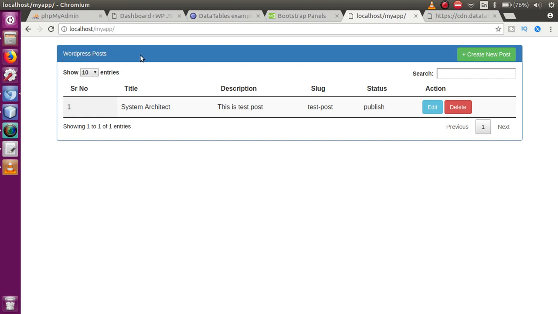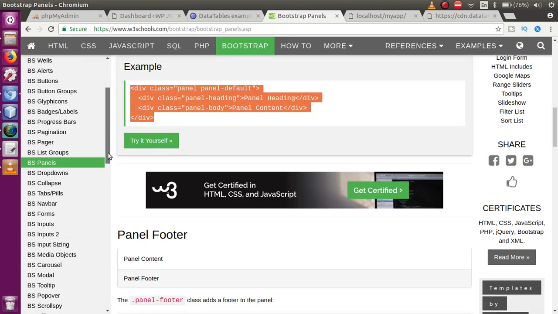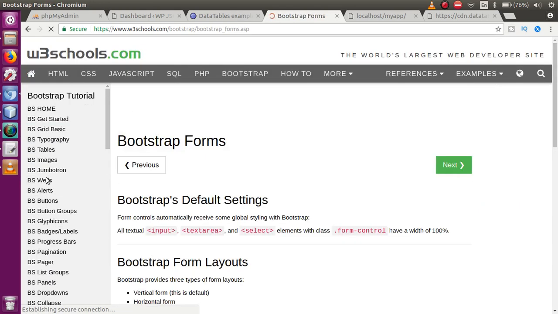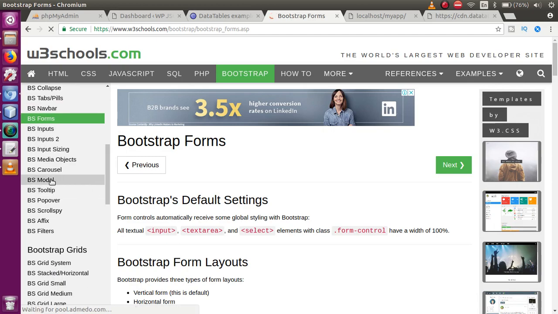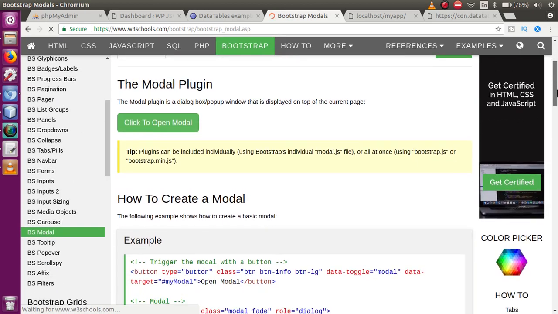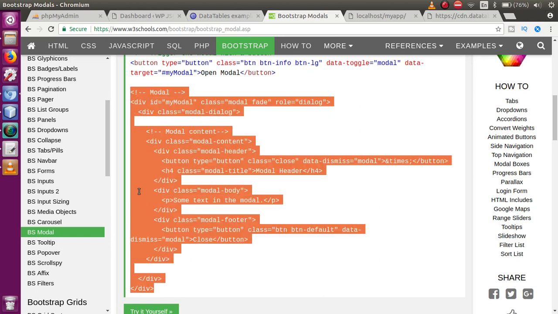So what also we need is to create a form appearing while clicking on this button. When we click on this button, then a pop-up will appear, and that pop-up contains the post title and the post content fields. Okay, so just go to this website again, just scroll down and let's say Bootstrap forms. Okay, or instead of this Bootstrap forms, go to the modal section. Okay, so just scroll down, this is the modal we need. Just make copy of that